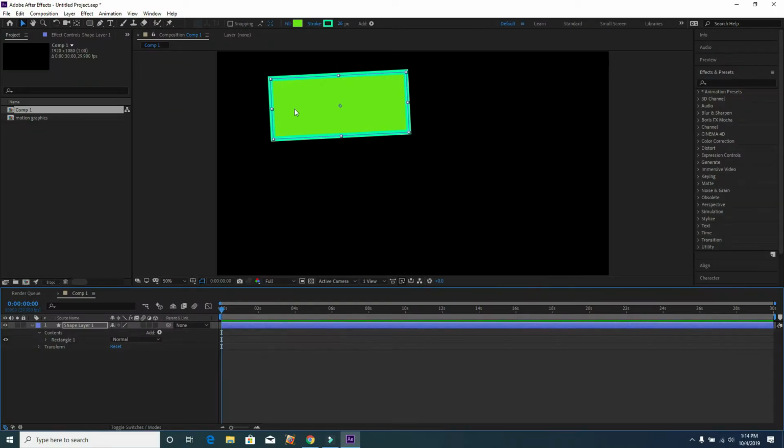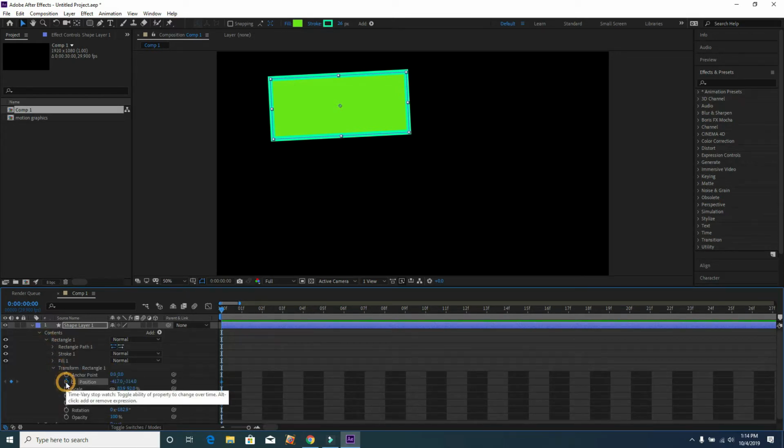So there we have our rectangle, and I'm going to zoom in. The smallest measurement of time in this software is frames. So 1 frame, 2 frame, 3 frame, 4 frame. If I go to the rectangle and put a keyframe like before in the position, there you can see a keyframe on frame 0, and this is frame 1. So in frame 1 we are going to put